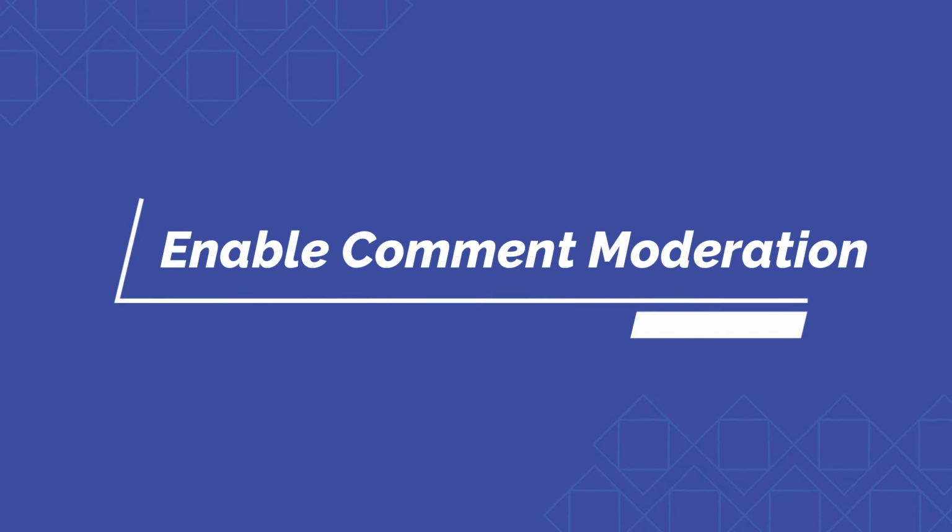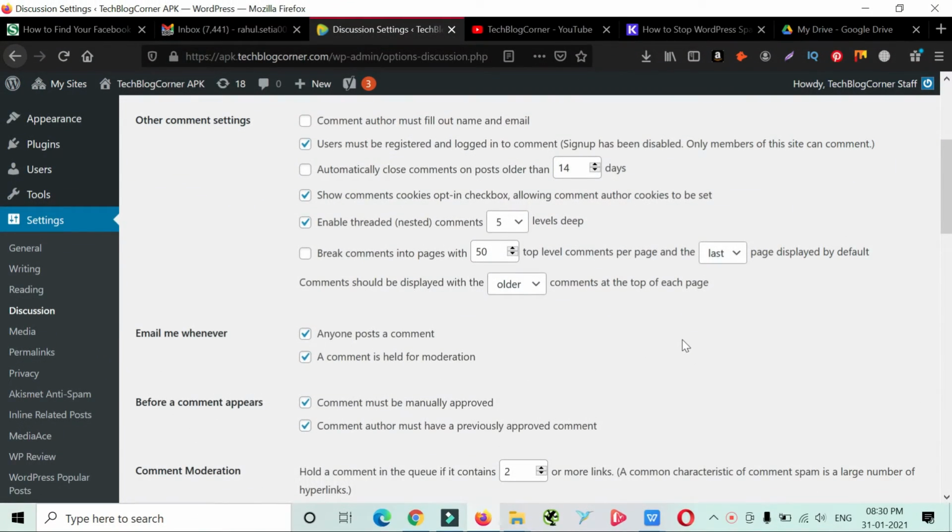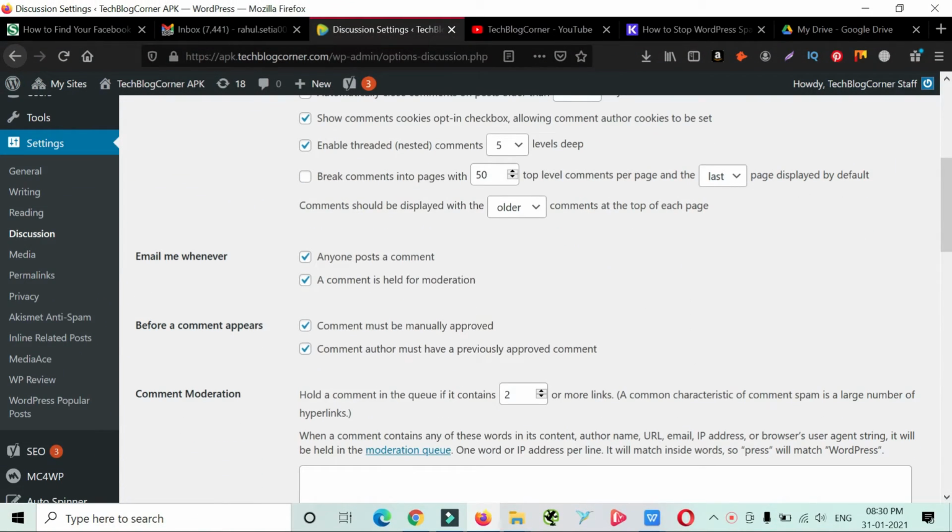Your next option to stop WordPress comment spam is by using the enable comment moderation option. For that, you need to go to the email me whenever and the before a comment appears sections. If you want to moderate all comments, then check comment must be manually approved.